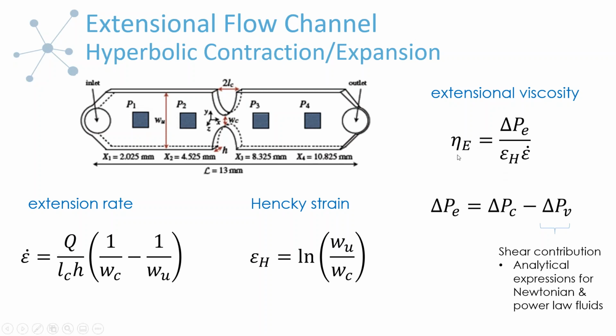So in this case, our extensional viscosity is going to be, the stress for this system is the pressure drop across the constriction divided by this Hencky strain. So that's our stress in this case. And then we divide the stress by our deformation rate, which is the extensional rate in this case. So the way it's calculated is analogous to the other, but now we have a different type of response due to the different type of deformation. So don't worry too much about the equations unless you want to dig into that later, but that's the general analogy there. Different type of deformation, but we're still calculating it in the same general way, stress divided by the extensional rate.